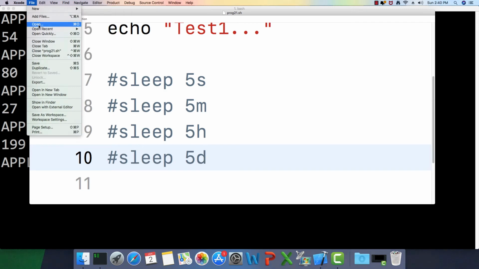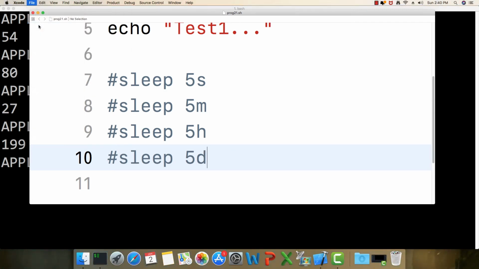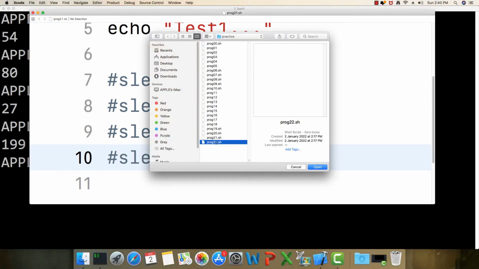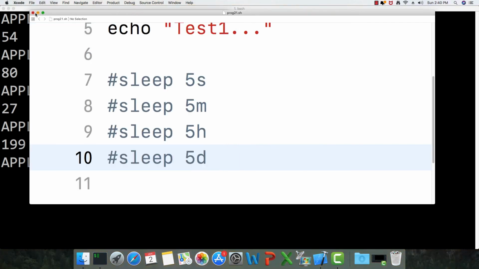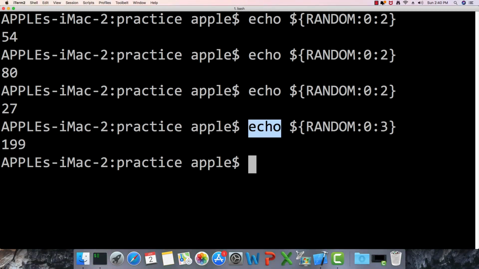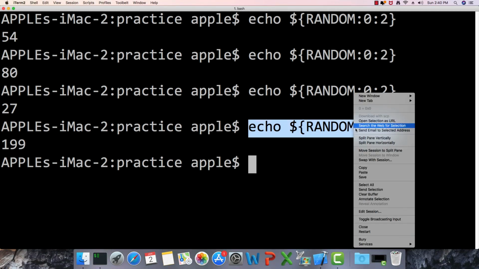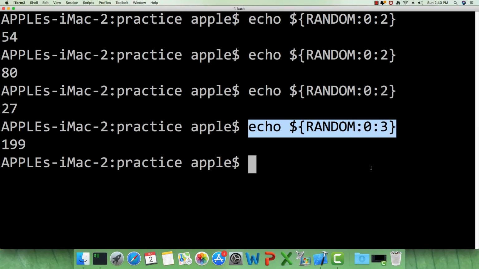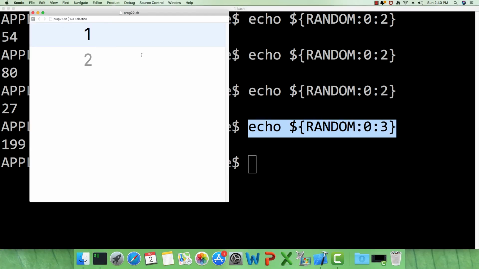File, open, and this is the last program in the series as of now. In the future, I plan to add more programs based on your response. So let's introduce the shebang here.